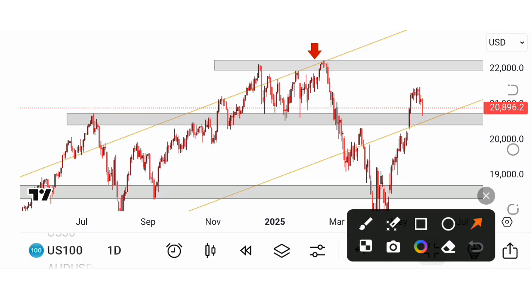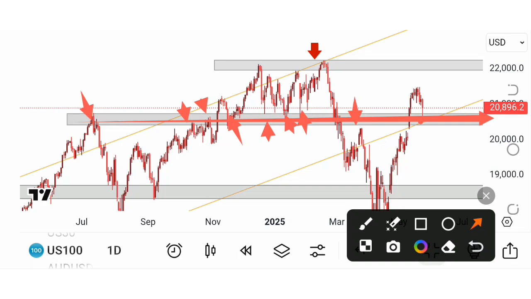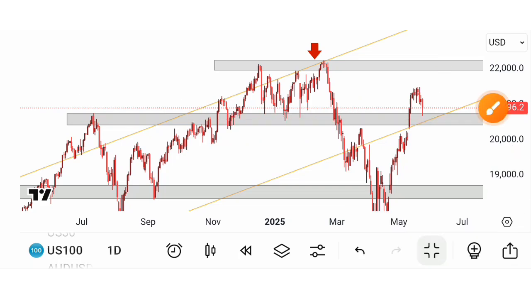So as you can see, exactly where we are is a very interesting area of support and resistance. In the past, this area has acted as an area of resistance. When the market was above, it acted as an area of support a couple of times, as you can see over there. So now that the market is above, I do expect the market to respect that area of support